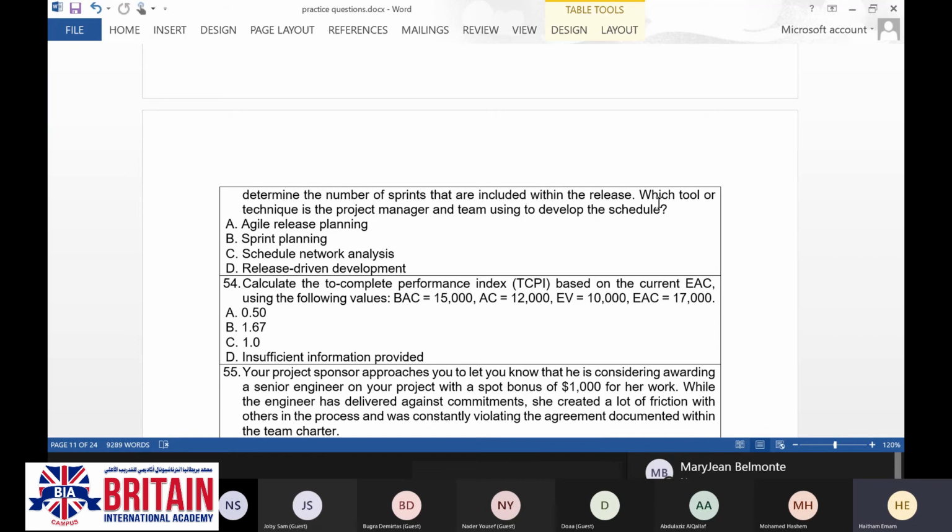If the question said based on the current BAC, or budget at completion, it would be asking us to calculate the to complete performance index, what our performance should be in order to align with the original budget at completion. But here, the question is asking what our performance should be in order to comply with the estimate at completion.